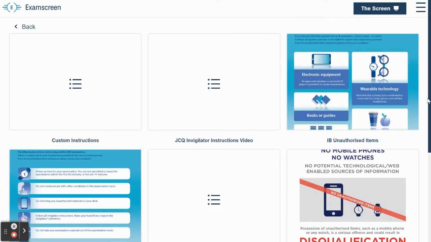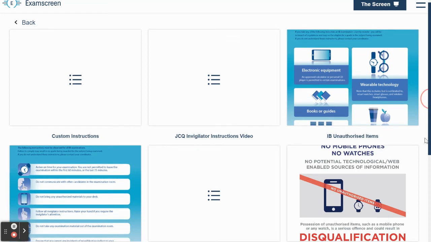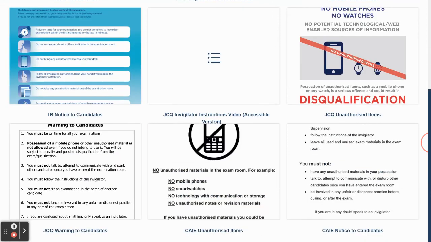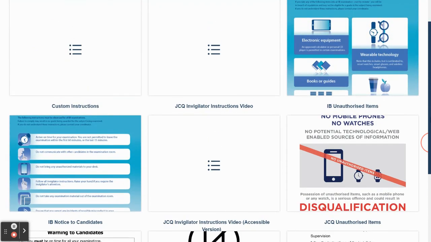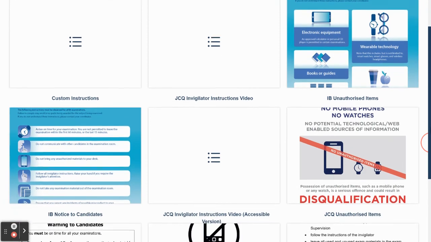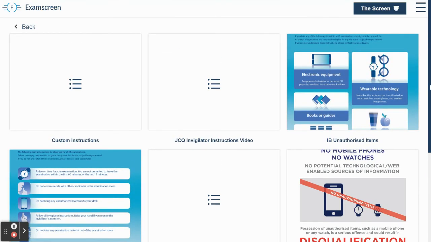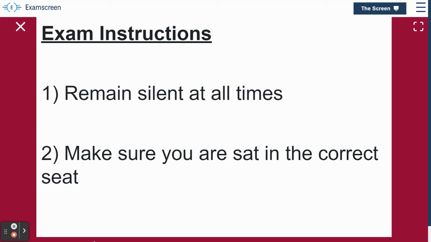So if you click here on this resources tab, you'll see it presents you with a number of different options. So we've got the JCQ posters, we've got other international exam board posters, an invigilator instructions video if you want to play that over a PA system rather than invigilators doing the announcement. And up here we've got the custom instructions poster, which is the thing that I've just created in my account settings. So if I click on that, you'll see it's put the instructions up on the screen like that,